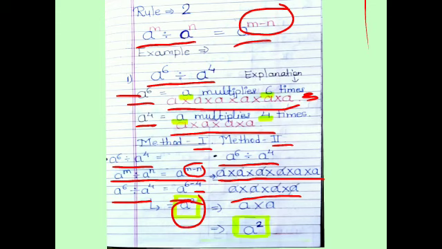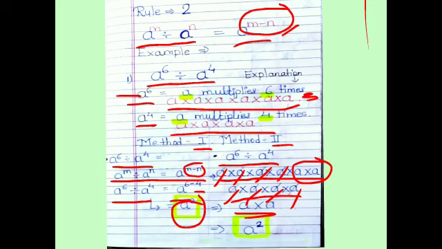Now you can find how many a's you can divide. a cancels by a, cancels by a, cancels by a, cancels by a. How many a's are left? Only a into a. So a into a is what? a squared. This is the first example of indices with the common base and the division sign. What we have to do is subtract the index. This is example number 1.